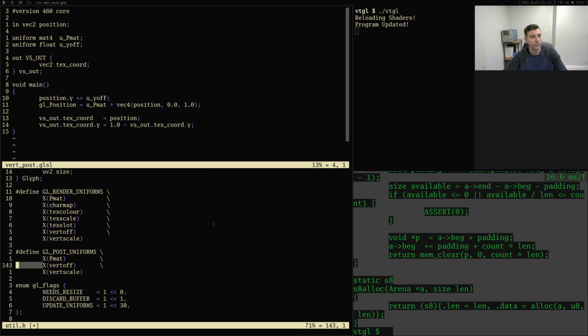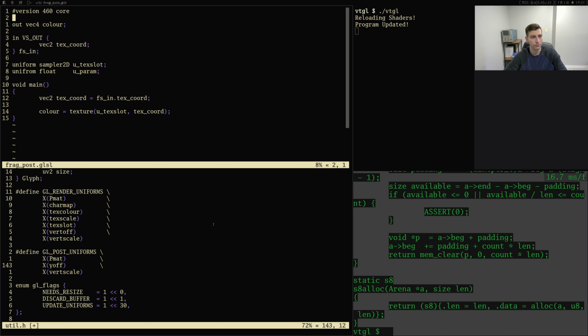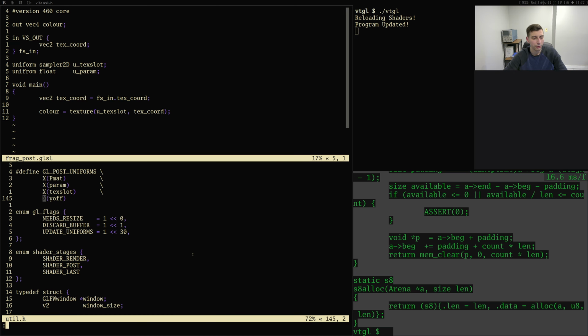Getting rid of all of this, we're going to have a y off. And then in the fragment shader, we're going to have a parameter and a text slot. Text slot param. Okay, so then we're going to go to